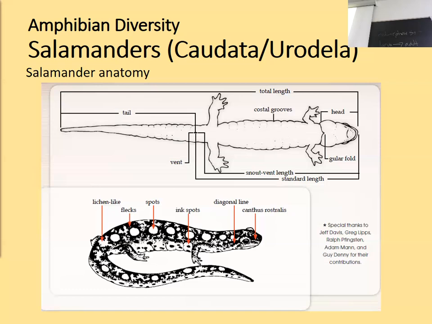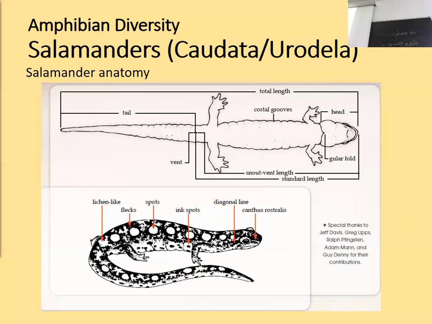The lizards that we study in the lab, for example, can drop their tails. So I might have 2 lizards of the same size. One has a tail that stops here, one has a tail that stops here. If I compared their size using total length, it'd be really misleading. So we standardize that and just do the snout to vent length because that's always going to be the same. That's used for salamanders, alligators, snakes, lizards, frogs, everything but turtles that we'll cover in this class.